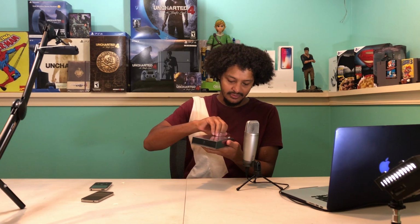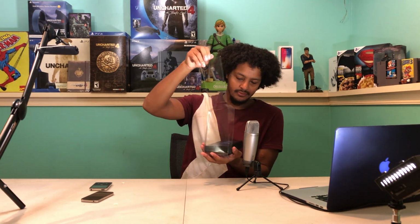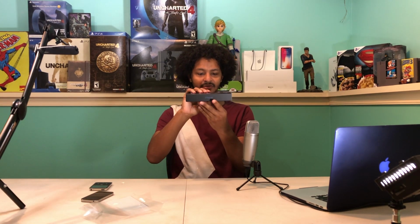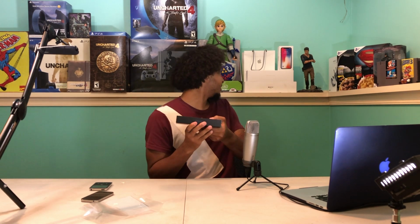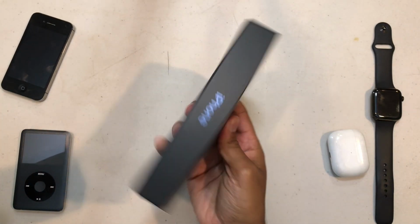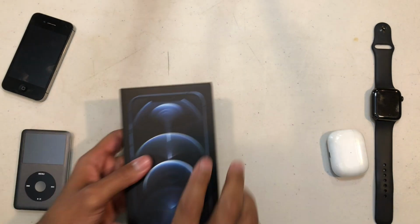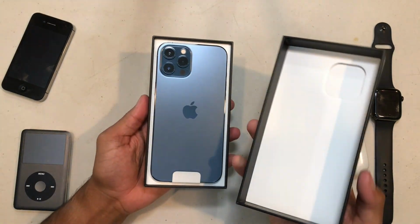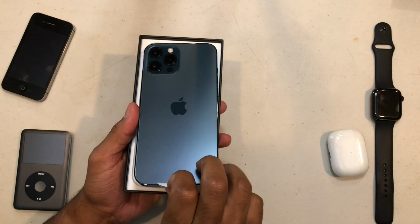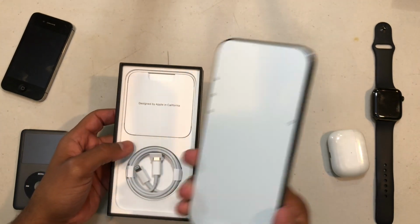This is for the ASMR people. Alright. Now, this box, you could tell immediately, is much thinner. I have my iPhone 10 box here, and just for a comparison, you can see there's the iPhone 12, and this is the iPhone 10. Let's get into this. There you go. Now this is the iPhone 12 Pro Max. So this is the biggest size that they have with the stainless steel. Let me put the phone aside for now